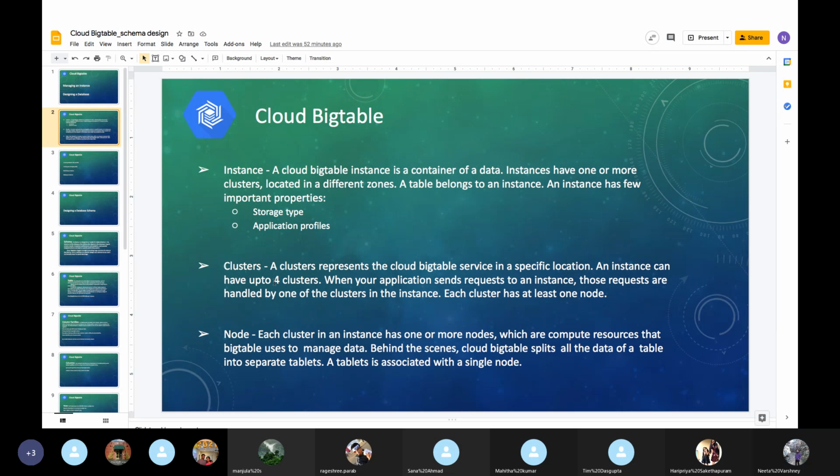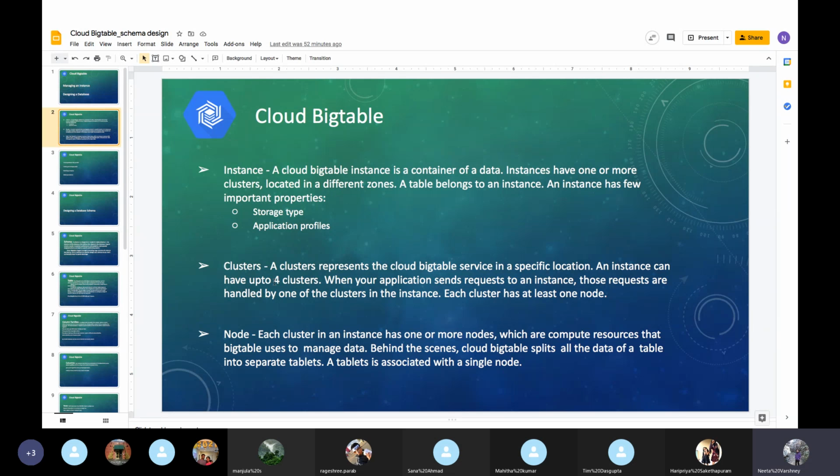Okay, so I have created a cluster in my US East region. Then I can choose different zones for another cluster I'm creating. What a cluster does is it just replicates the original table.